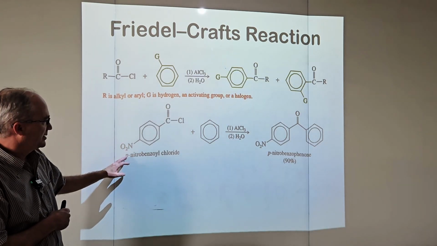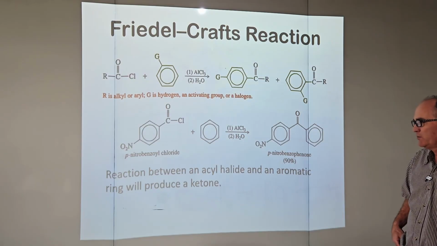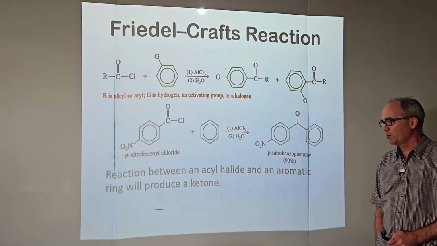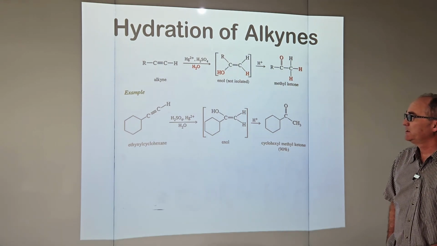So here's an example, connecting this to a benzene ring. Reaction between an acyl halide and an aromatic ring will produce a ketone. All right, now we get to talk about the